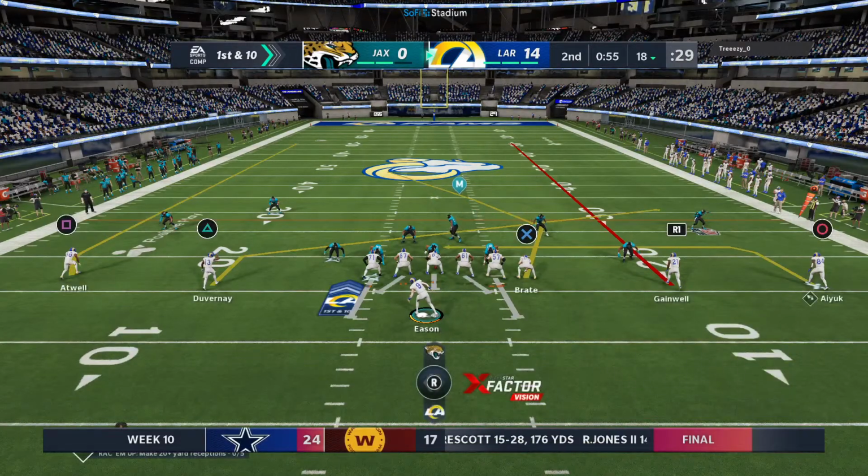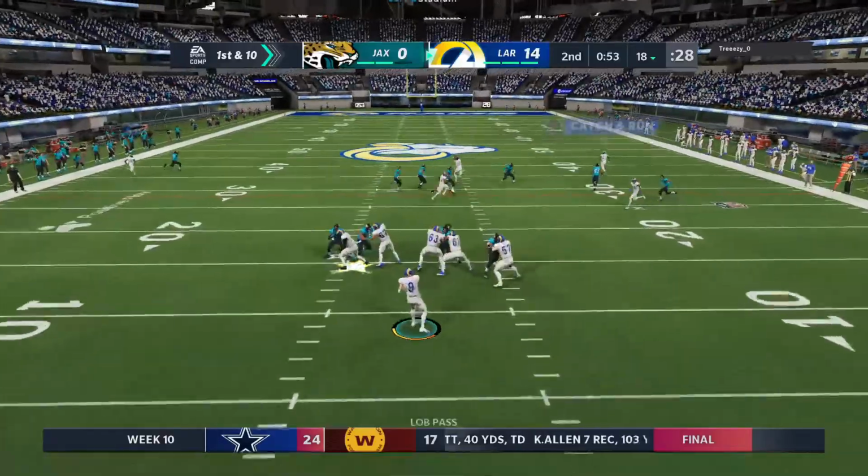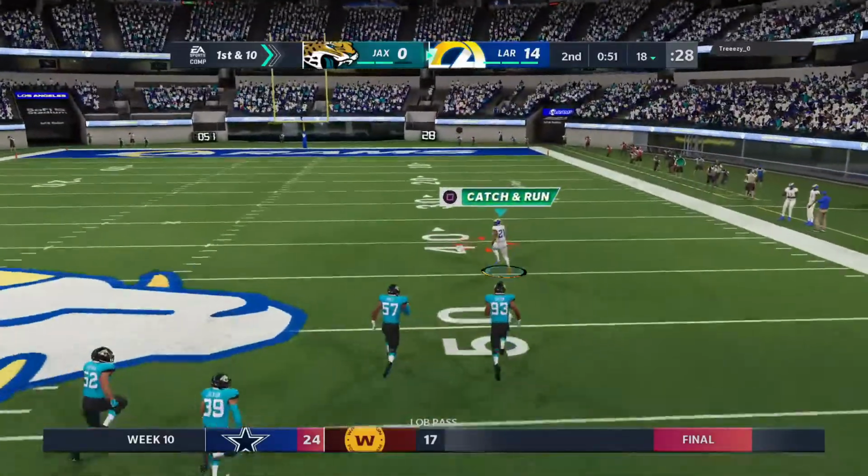No matter how hard you try and spread the field sometimes, there's always going to be a traffic jam, it feels like, towards the middle. And if there's any type...